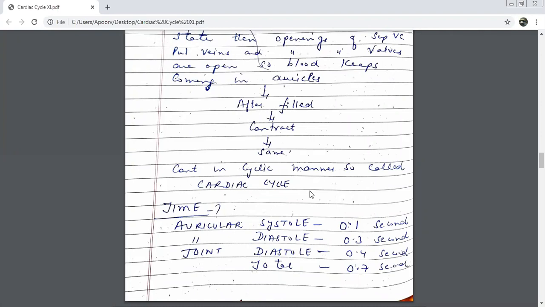Inferior vena cava, superior vena cava, and coronary sinus. And which two of them have walls? Inferior vena cava and coronary sinus. Okay. And because your auricles are in relaxed condition, blood is coming, so all the walls are open. And the one which does not have the wall is which one? Superior vena cava. Yes. And on the other side also we had the one without walls. What were they?